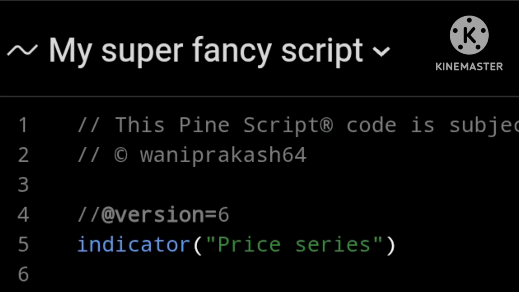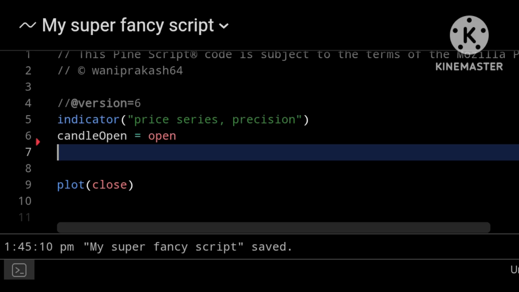We already have our closing data being referenced, and to reference the other price points on your chart is as simple as you might think. So let us say we want to get our candle open price. I am going to declare a new variable here called candle open, and it is going to be set to the open price value. Next up, we will get our high. So candle high is set to high. Then we can get our candle low, and then candle close is set to the close.